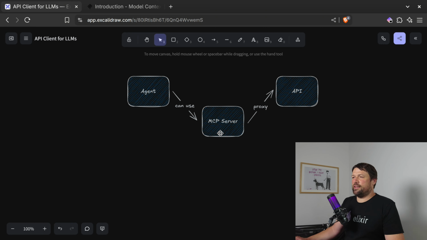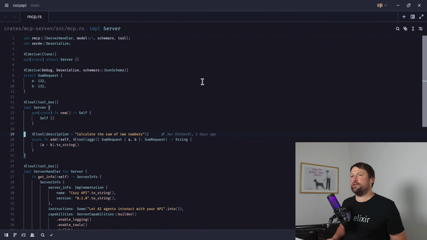So think of this like a Postman application, but not designed for humans, but designed for agents. And that's the idea that we want to work on today. Of course, we will not have a finalized product at the end of the day. That's too unrealistic. But where we are starting with is something I prepared a little bit,